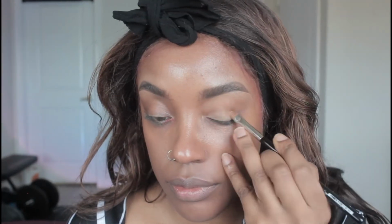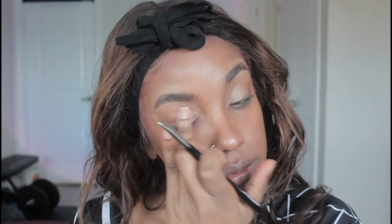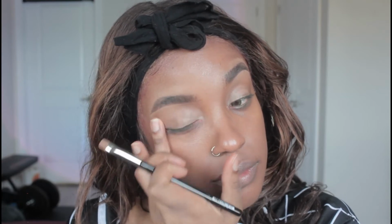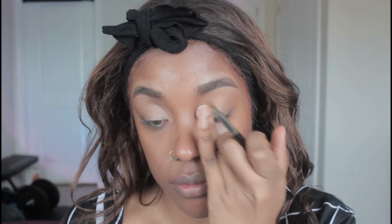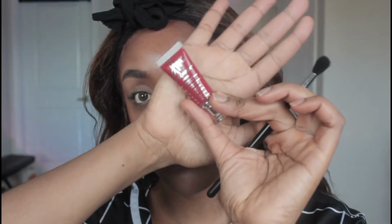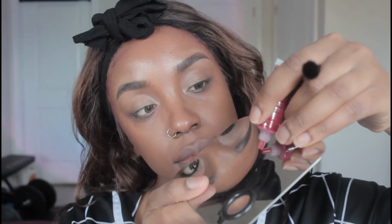Now, again, this is not really usual for me. I don't like using concealer as something to put on my lid, so I'm going to put that out there as a disclaimer. It's only when I'm trying to do a quick look that I'll do this. One of the things I used to do is set the concealer or even the primer on my lid with powder, and then I realized you don't really need to do that because eyeshadow is powder. But in this case, I'm using the Danessa Myricks ColorFix matte in the color Primary Red,